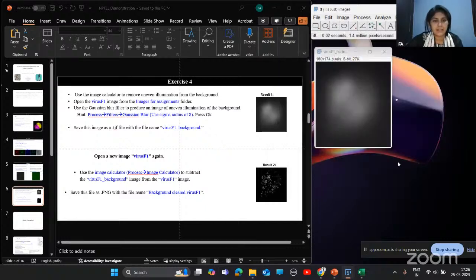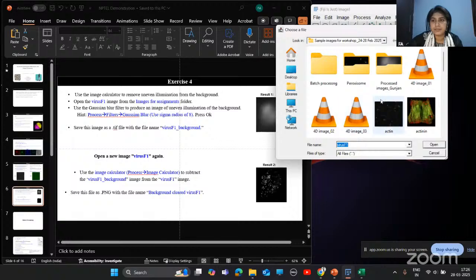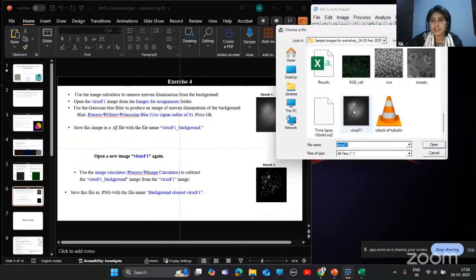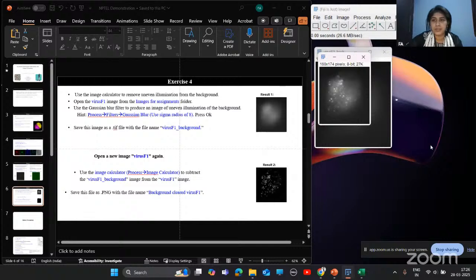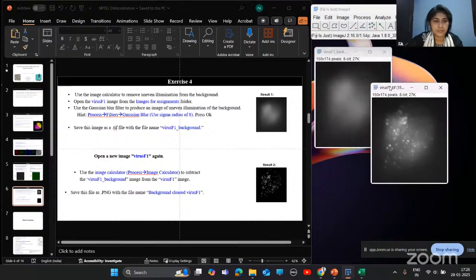Okay, next step is we'll use Image Calculator. For this, we need to open this image again. We need to go to File, Open, and open this image. And then next we'll use Image Calculator.